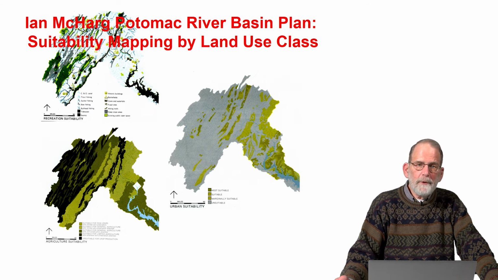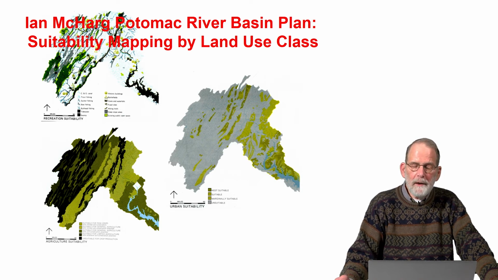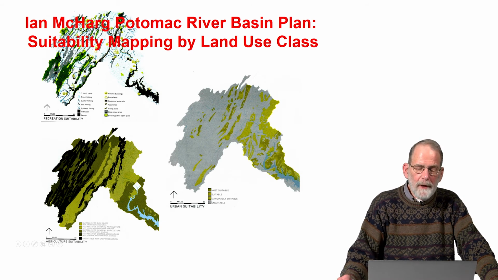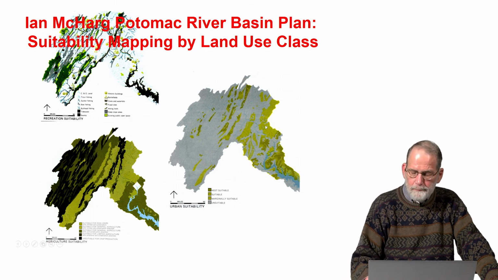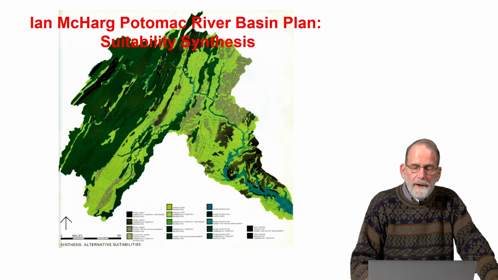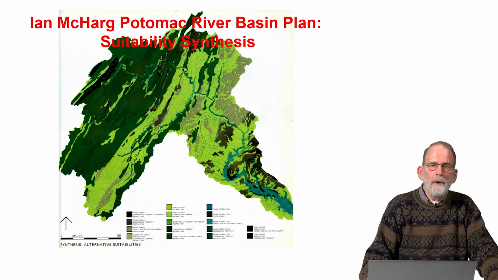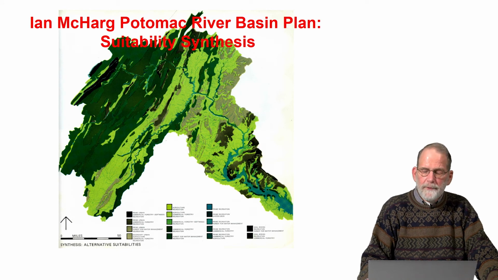And so decision makers then could make informed decisions about where to locate future urban areas based upon their intrinsic suitability, where to locate future agriculture based upon agricultural suitability, and they could begin to talk about the implications of putting one kind of use in an area that is more or less suited for it. His synthesis design came up with a comprehensive map that identified what he called optimal suitabilities for each of the different